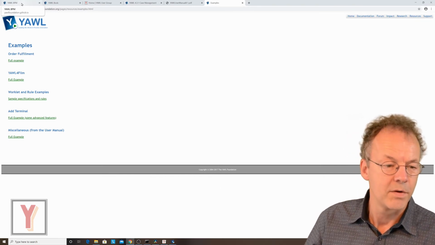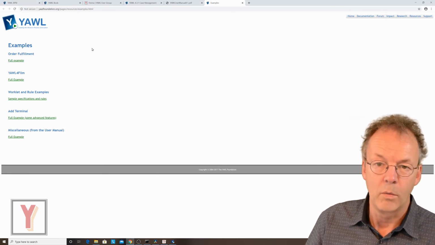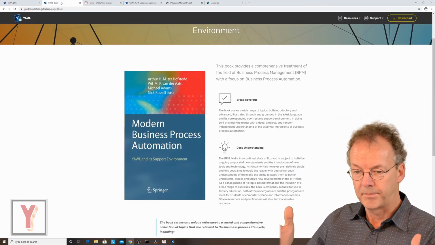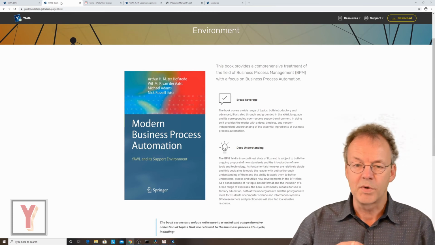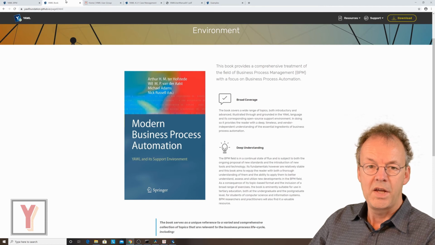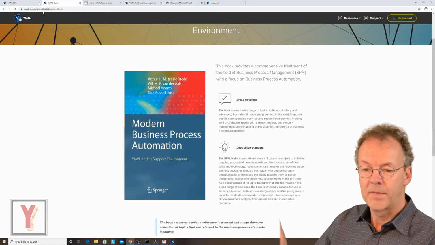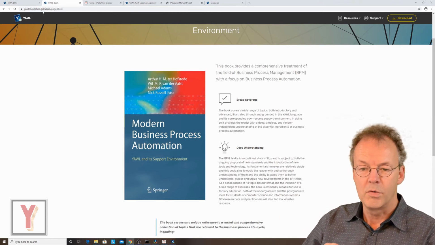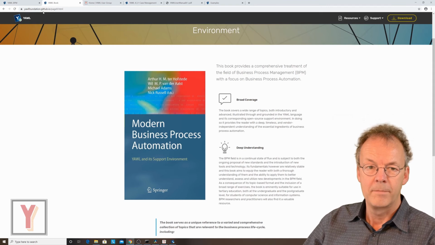So as resources, what else do we have? There is the YAWL book called Modern Business Process Automation, and there is a reference to this book here in the YAWL Foundation page that we have already seen. And I'll put a link to that below so you can have a look.